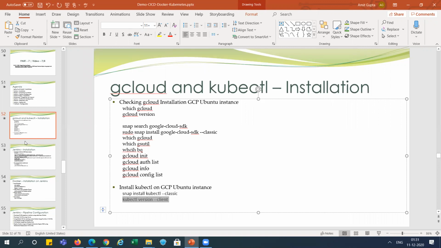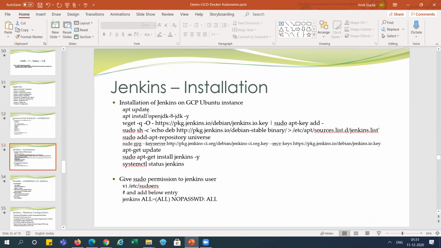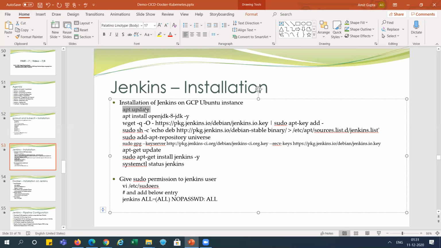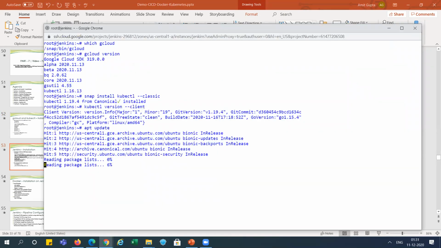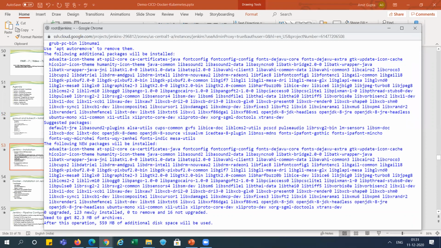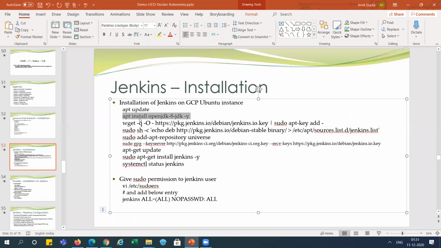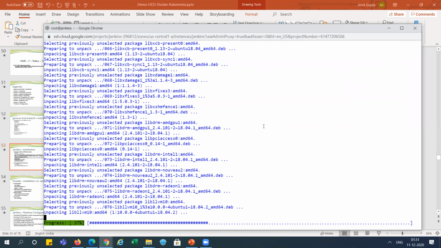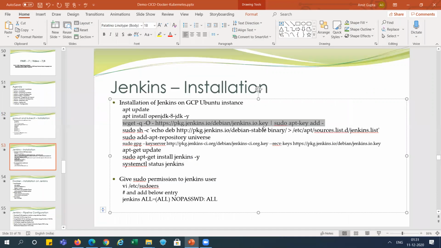Okay, now we need to install Jenkins. I'm running apt update again. Let's check. Right, it's done. Now install the JDK. After installation of this, we need to install the key. We did the same Jenkins installation in an earlier video, so I am following the same process over here.